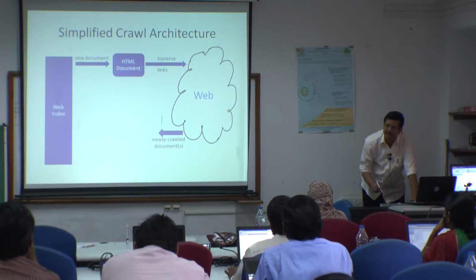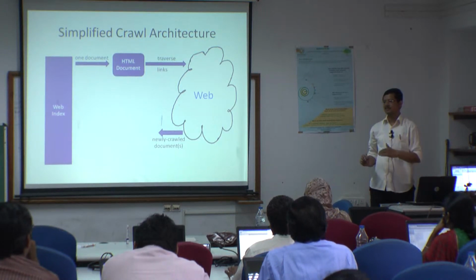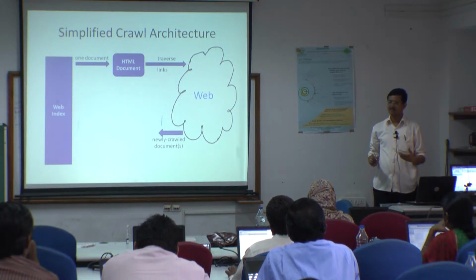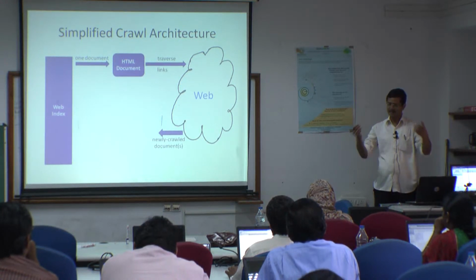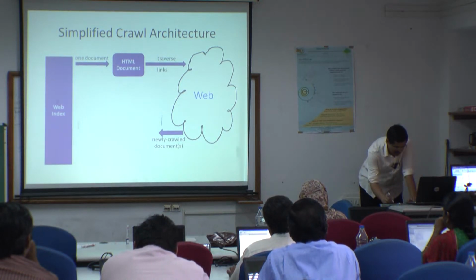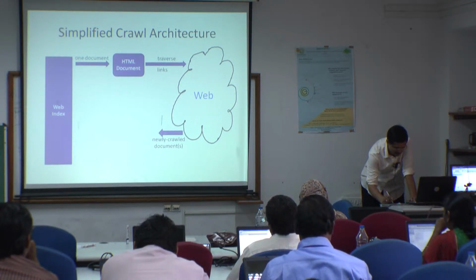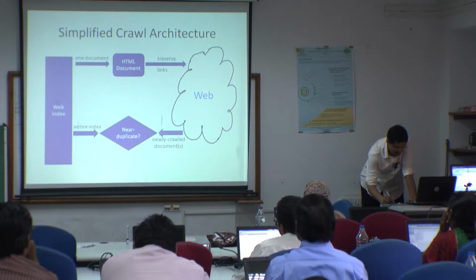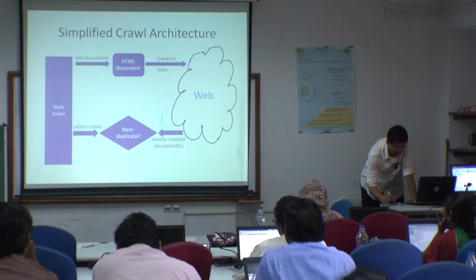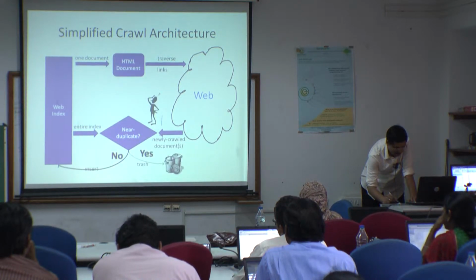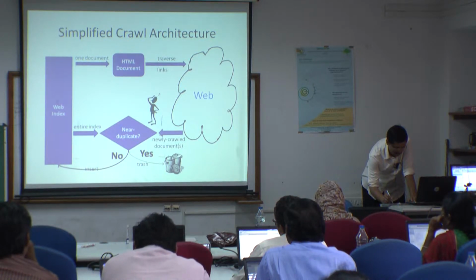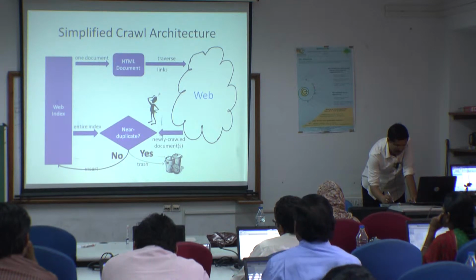Actually, when we visit a web page, we may find that several links exist in that web page. By using the links in that web page, we can obtain another web page, and then we may get some other web links, and based on that crawling continues. And after that there will be newly crawled documents. Then we check whether the crawled document already exists in our index or not. If it does not exist, then we put it into the web index. Otherwise, we just delete it, and then the entire system continues.